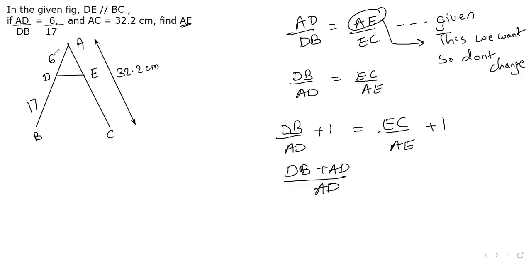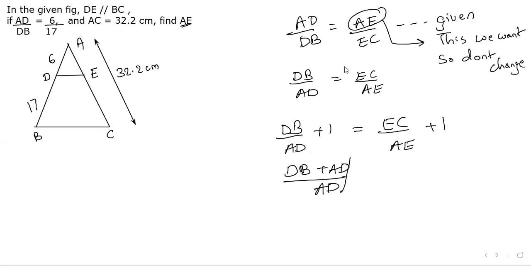And here, children, Sir, why do we have to add one for DB upon AD, because it's given? Acha, it's already given. Right. But here you need to add 1, no? Because EC you don't know. You don't know EC, but you know AC. So for the right hand side, you will need it. Yes or no? Exactly, what you're saying is right.